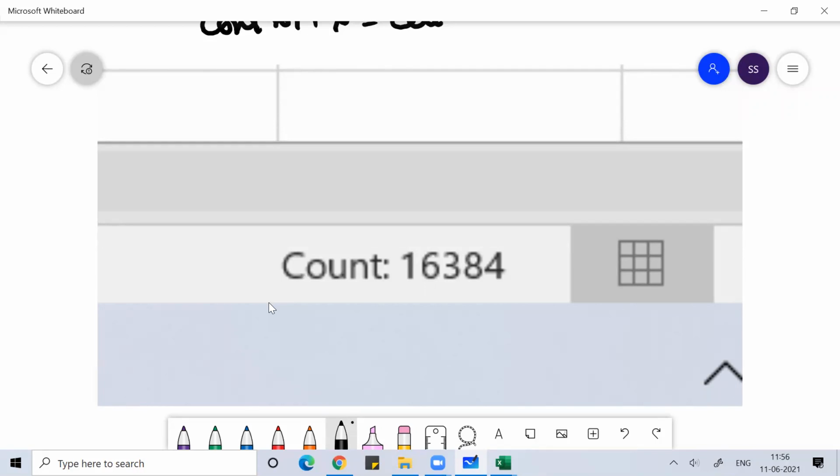Then when I did Control V, everything got pasted, that Amit got pasted across all the columns. And this count is showing how many times Amit is there.